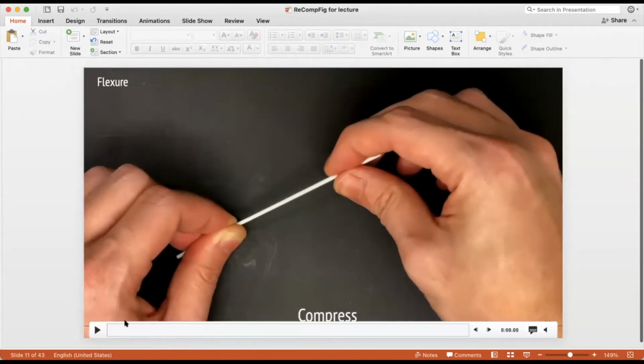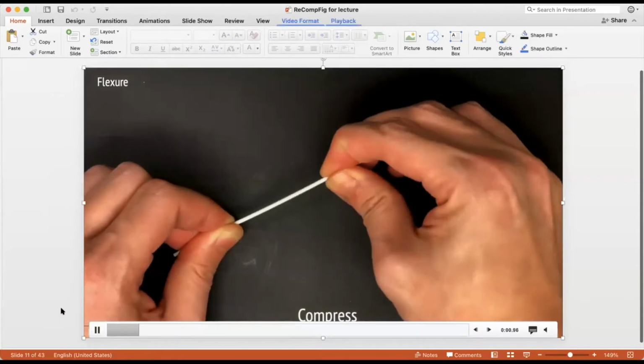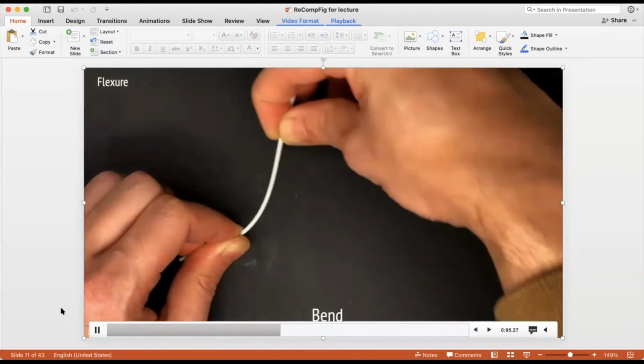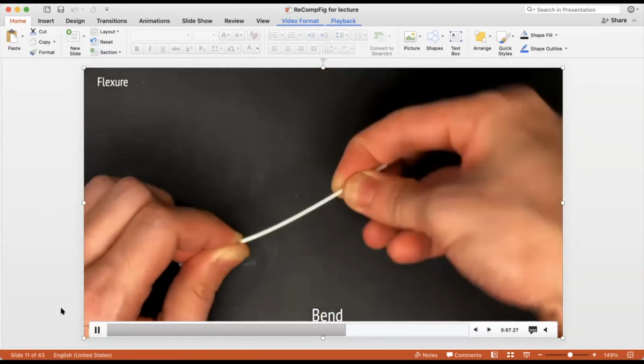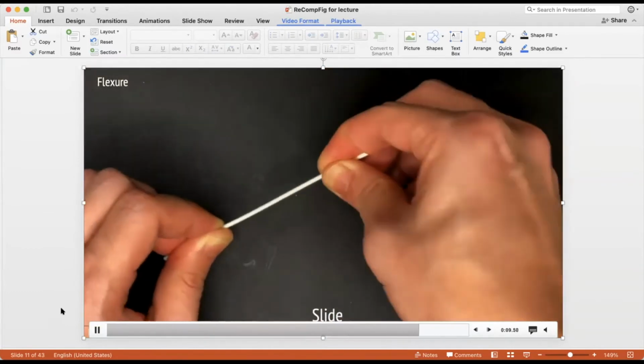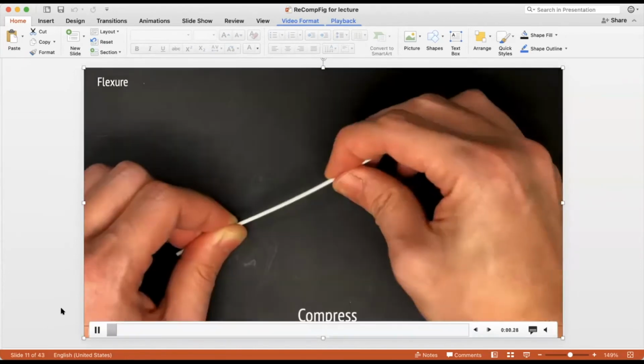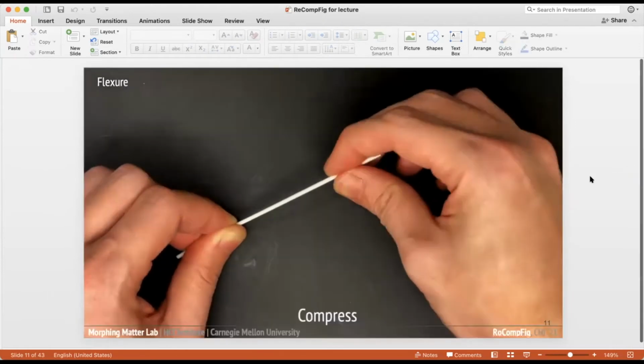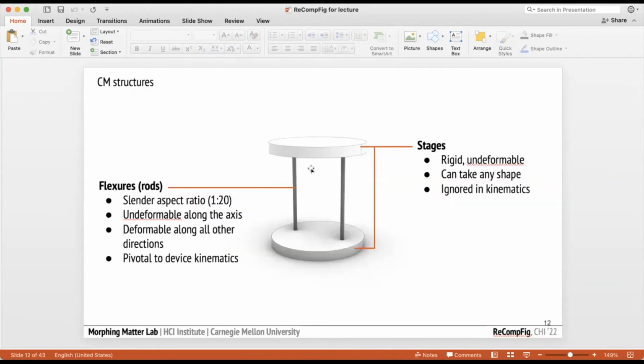Great. So these rods actually have certain structural properties. They can withstand compression and extension because they're more rigid in that direction. But they can bend or slide a lot when you're moving in other directions. And what this means is that when you have a structure like this,